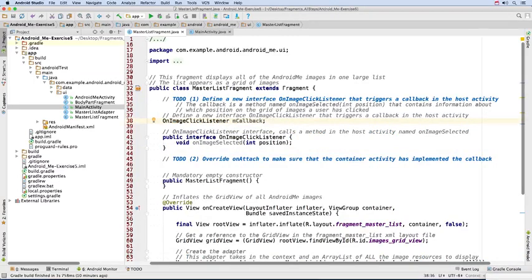This will eventually be implemented in the host activity, and there we can program it to perform some action whenever a list image is clicked. Then, to define this interface, we just specify the method that it triggers. Here, we're having it trigger a method called onImageSelected. This takes in an int variable, position, which will just be the position that a user clicks on our grid